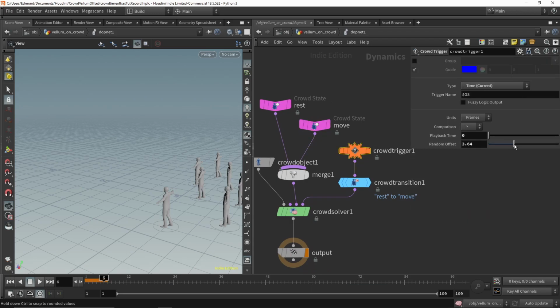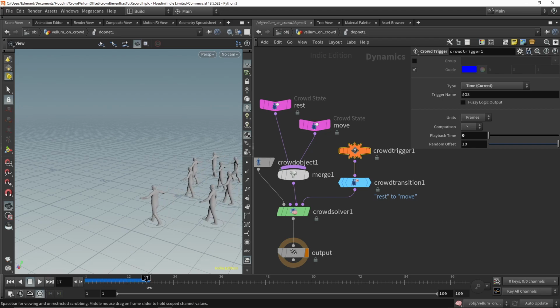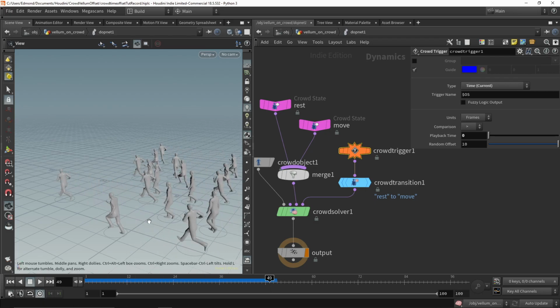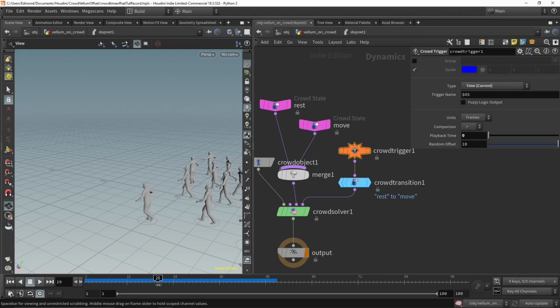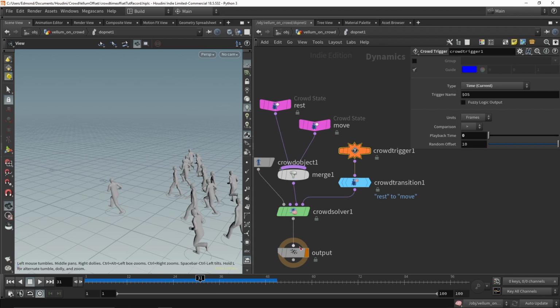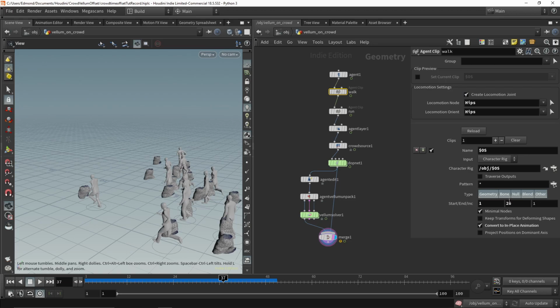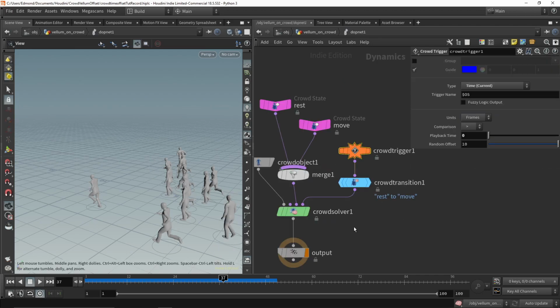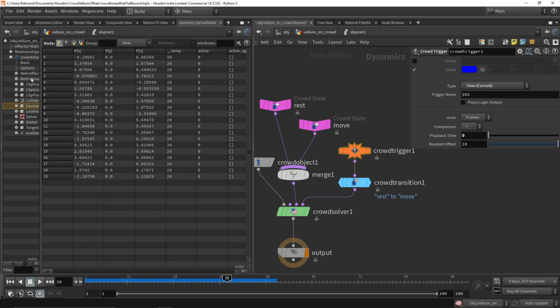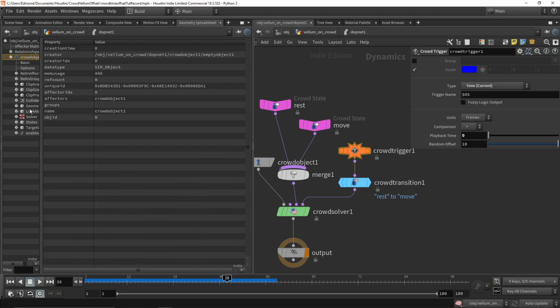Right now we have 24 frames of warm-up, the duration of the transition from the rest state to the move state. If I start adding a random offset to the beginning of the transition trigger, I will increase the amount of frames I need to wait before getting rid of the rest position, thus increasing the warm-up. Not only that, but I also need to pick a random offset that is the same length of my animation, to have a distribution of clip time that utilizes the full range of my animation set. In our case, I will have to increase the warm-up by 26 frames, that is the same length of my walking cycle. The final way to do it that does not increase the warm-up is to manually overwrite the clip times used by the crowd solver.